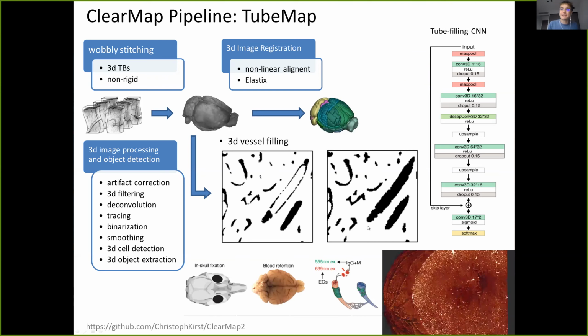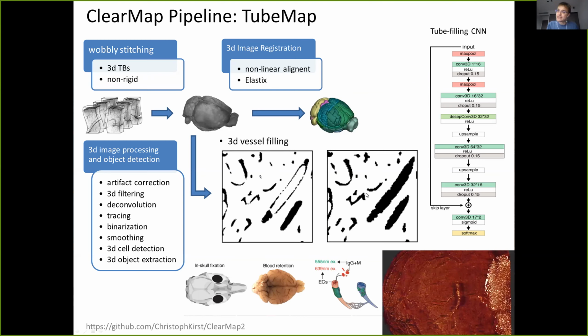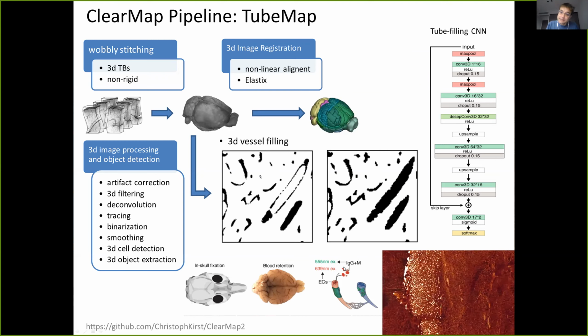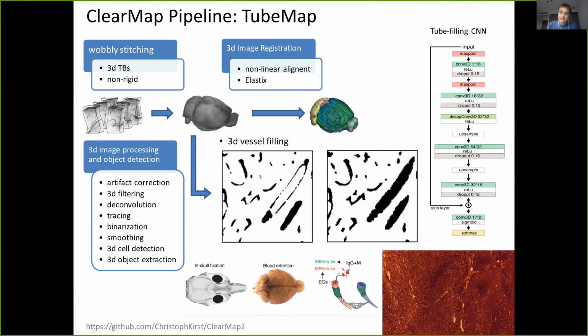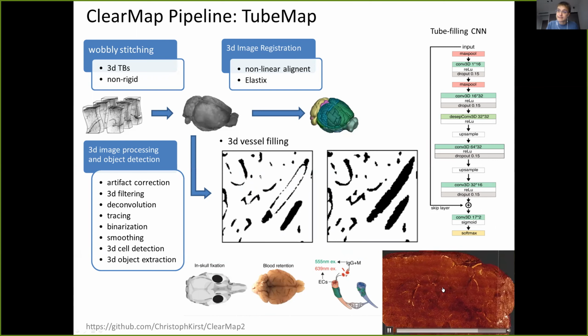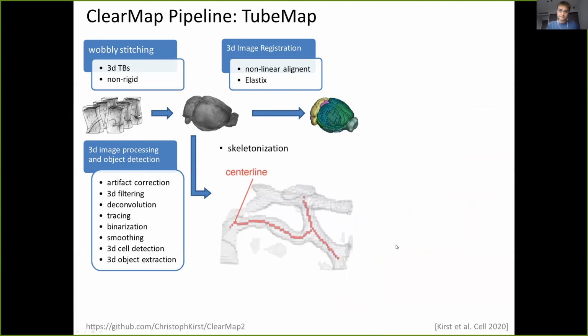But nicely, we were able to generate our own training data by, in this case, changing the protocol slightly and not staining for cell walls, but staining for, in this case, actually blood. The challenge there is that the blood can leak out of the vessel. So to avoid that, we're doing this in-skull fixation to keep the blood in the brain, and then we can stain for it. We get filled vessels. We can artificially make them hollow and then train our network with ground truths from that. That works quite nicely in our case.